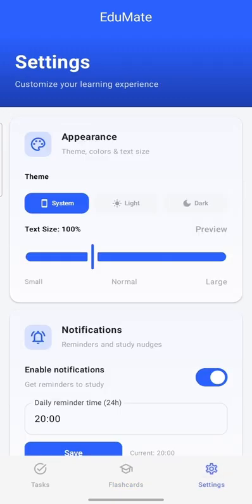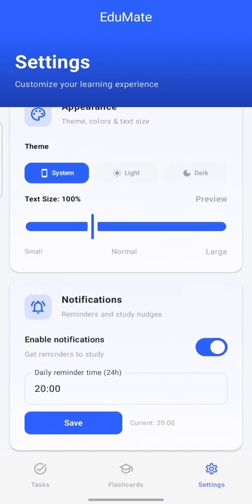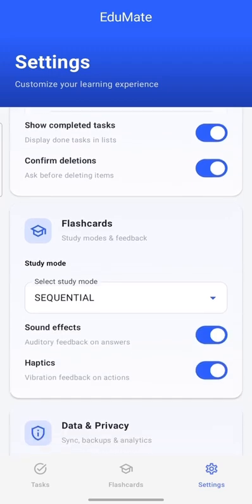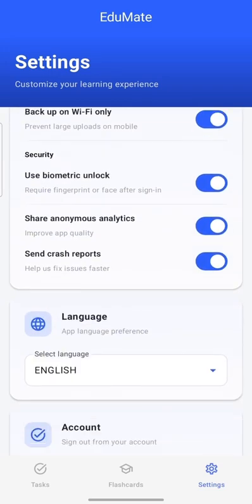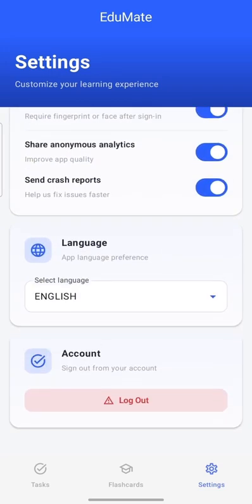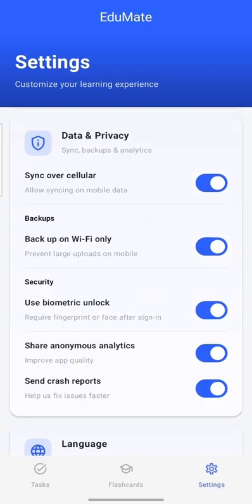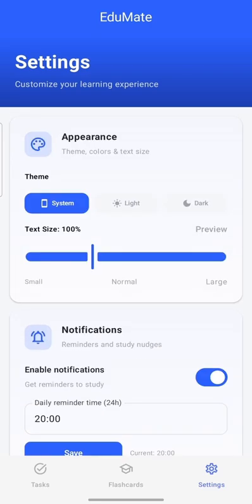Moving into the settings screen, this is where users can make EduMate feel truly personal. The settings layout is a large scrollable column with categories divided into appearance, notifications, tasks, flashcards, data and privacy, as well as language. All settings are stored using DataStore, which means every toggle, switch, and preference is saved permanently